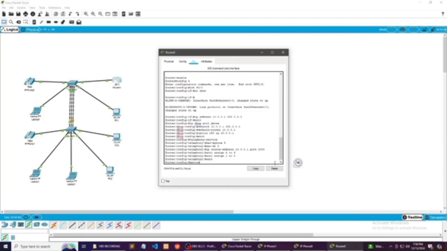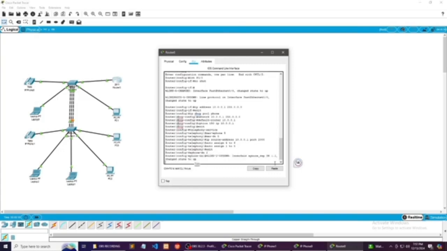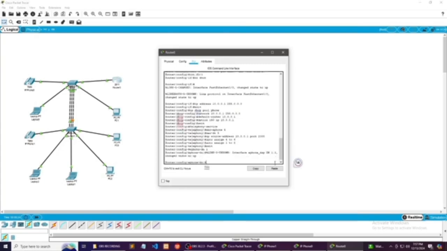And then type enter. Then type ephone-dn space 1. After that, you should press the enter two times. Then after that, type the number 0001.